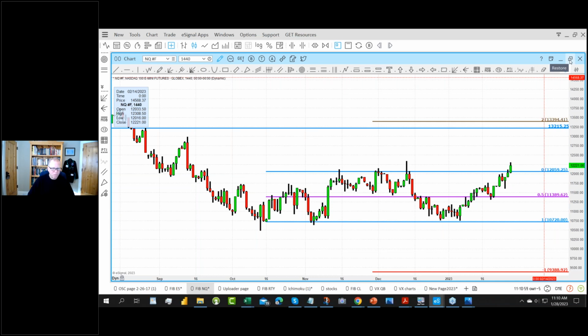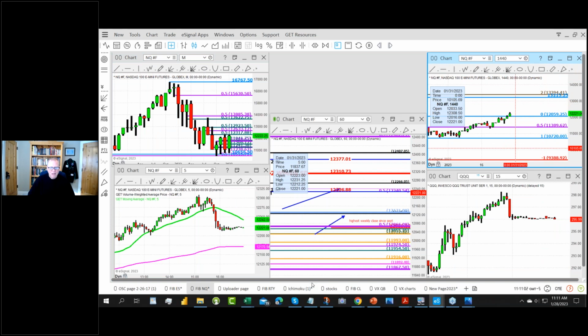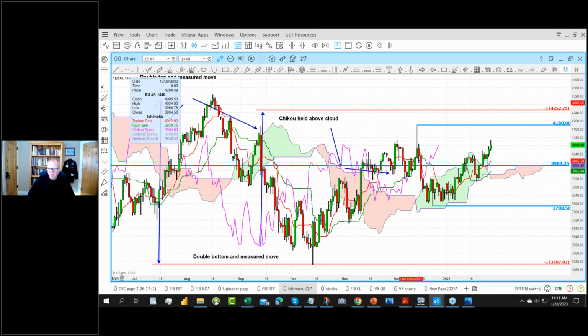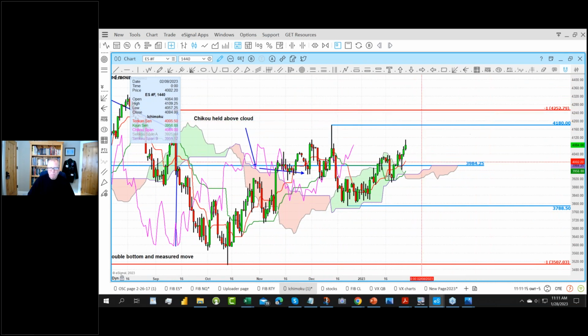I know there's a lot of earnings next week and a lot of stuff coming out, but I think that's what's going to happen. The other thing I do is I use Ichimoku. Ichimoku is just a complicated moving average system. But to get a general picture of how things are working, to know that the major trend is, in this case, up because you're above the cloud, it gives a lot of information. And I look at this just as a general trend indicator. Right here, we can absolutely see that we have room to move to the upside and still room to pull back, but probably a little more bullish right now, at least in the ES and in the NASDAQ especially,